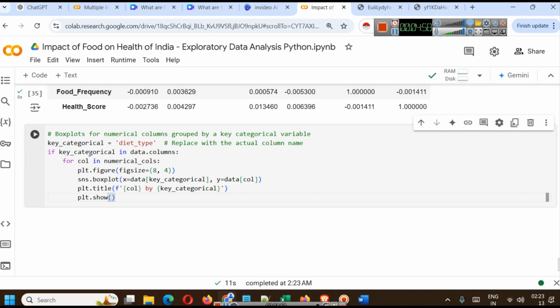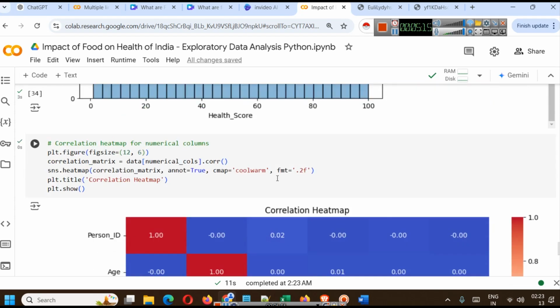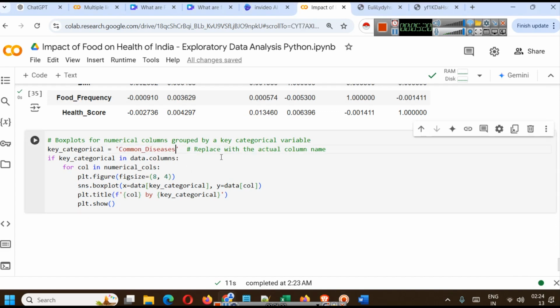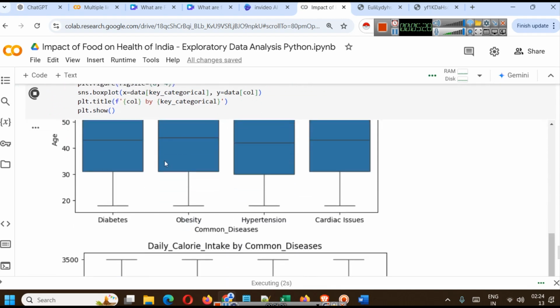Now next we are going to create box plot for numerical columns grouped by a key categorical variable. So the key categorical variable we are taking is diet type. We can replace it with any value. For example, we can also take common diseases here, right? So if key categorical in data column, let's see, it will create graphs for it. So here we have different box plot,